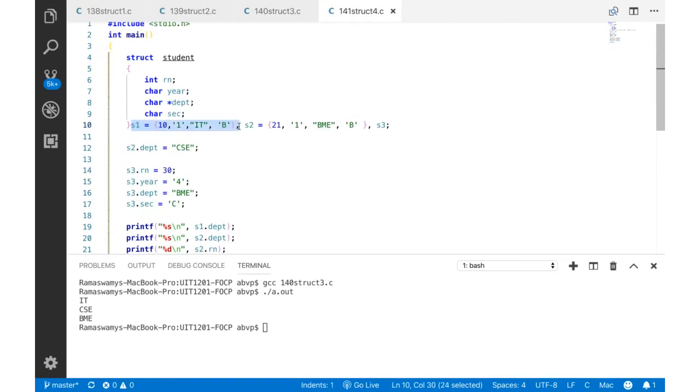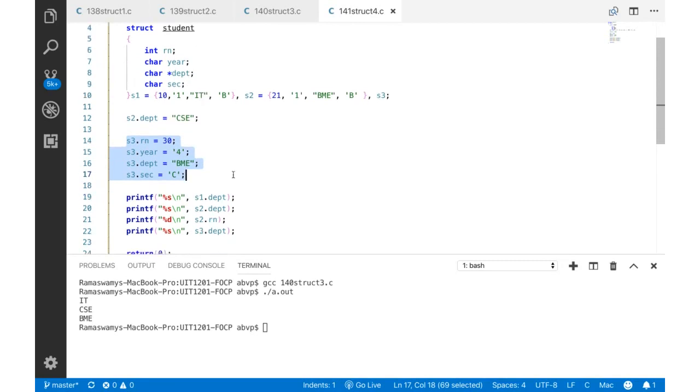In this code, we are initializing the structure variables S1 and S2, whereas we are defining the member variables for the structure variable S3 separately, and printing S1.department, which is IT, S2.department, which is not BME, as we have overridden it with the value CSE, S2.roll number to be the same 21, and S3.department with this value BME.